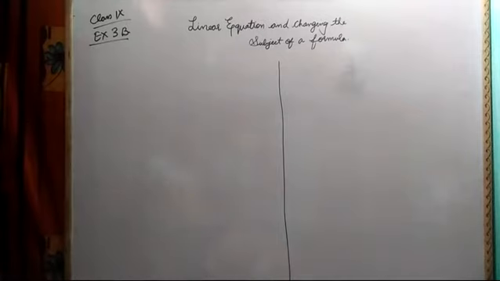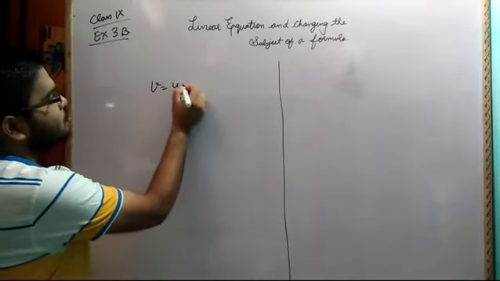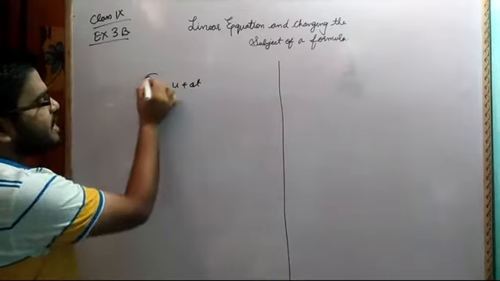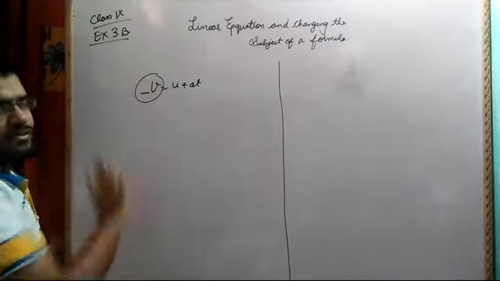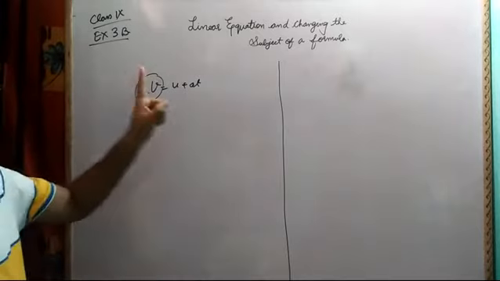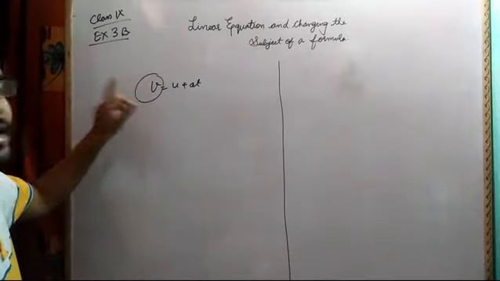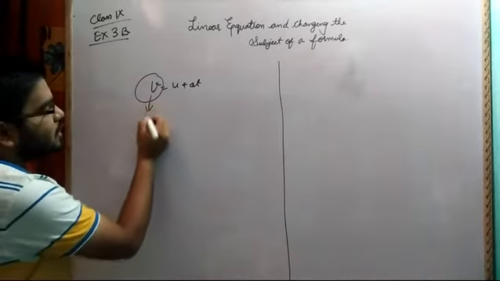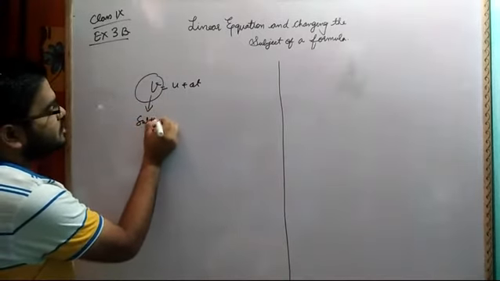Now the next part of this exercise: the first part was framing the equation, which I dealt with right now. The second part says that we have to make the subject. Now what is the subject here? It is not like English grammar, subject and predicate. Here suppose I have one equation, v is equal to u plus at. Now here v is free from any other coefficients, no other variables, no coefficient except the digit 1, which is there by default. So this is called a subject.